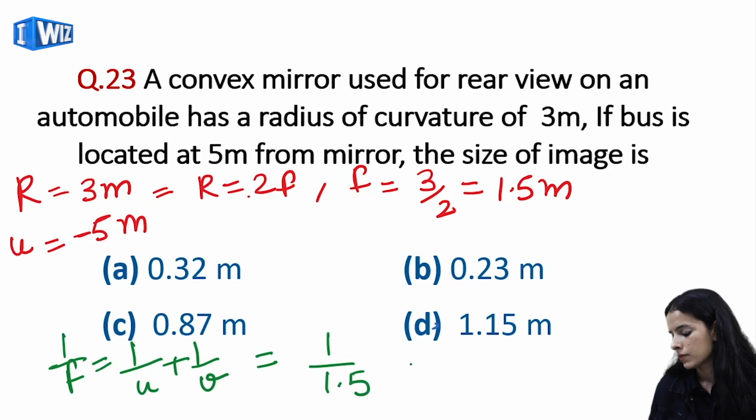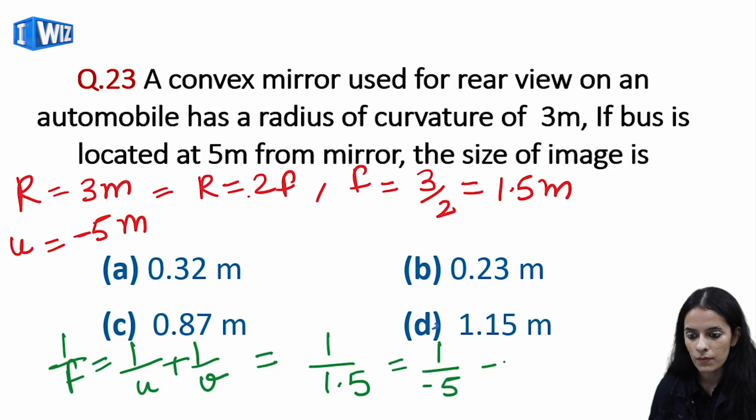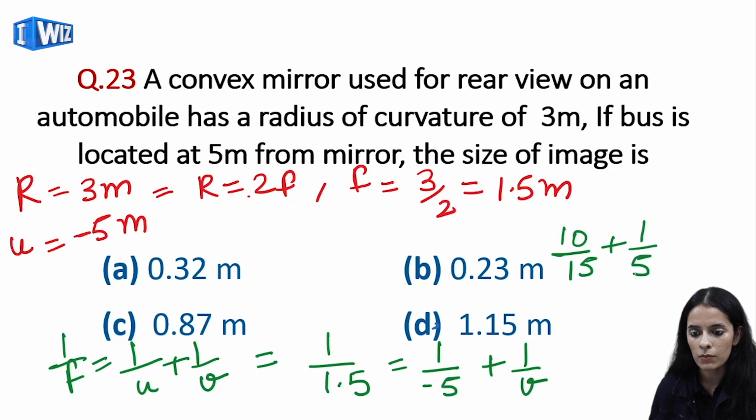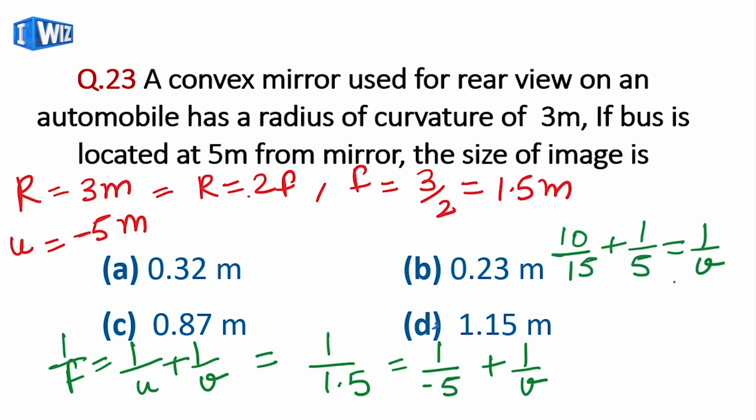1.5 is the focal length, and the object distance is -5, 1 by v. So 1 by 15 minus (-1/5), when it comes to the left-hand side, it will go like this: 1 by 5, 1 by v. LCM of 15 and 5 is 15. So (1 plus 3) divided by 15, 1 by v. So when we solve it,